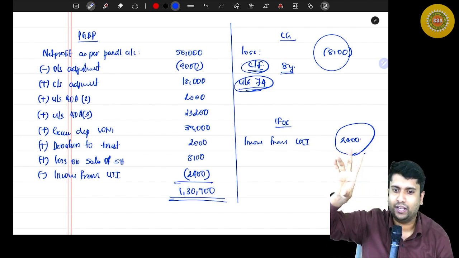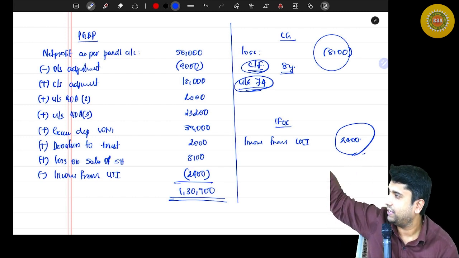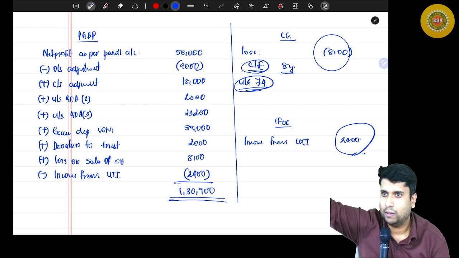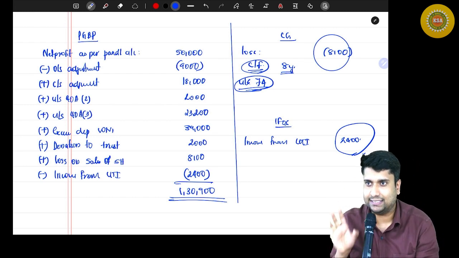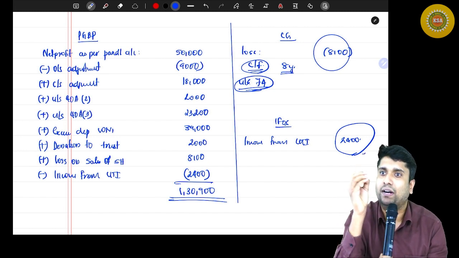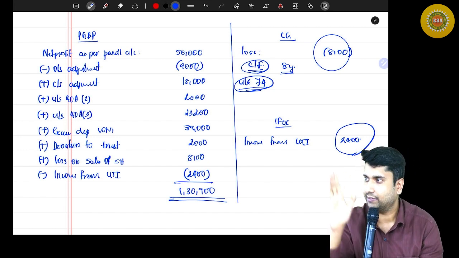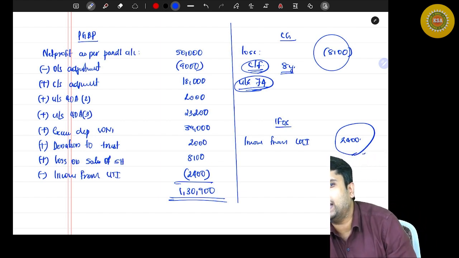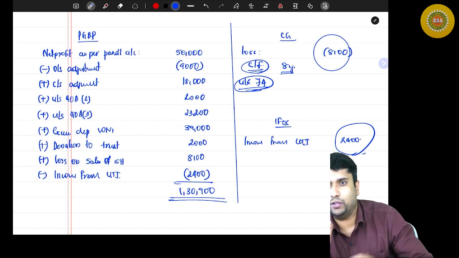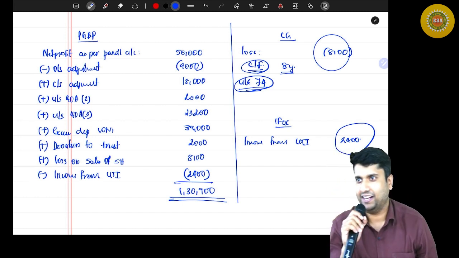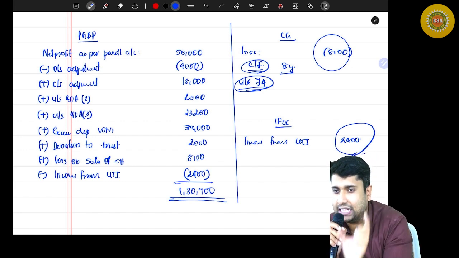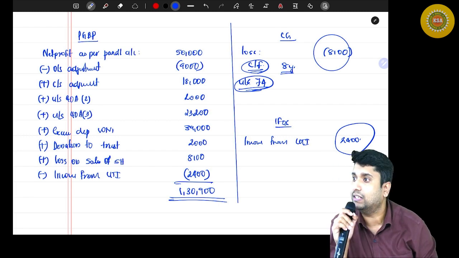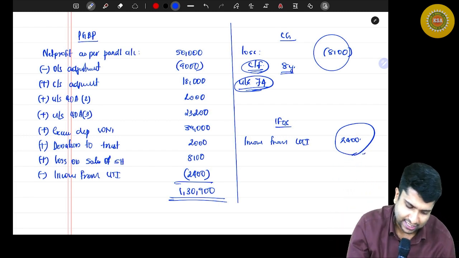See, normally you have to compute your income like this. That means from the income, you have to deduct all the expenses. If disallowance is there, you have to adjust that also. But there is one more provision that says an assessee can declare a percentage of his turnover as profit. Are you all listening? Or are you guys thinking about the break? So listen, an assessee can declare a percentage of his total turnover as his deemed profit. That provision is said to be the presumptive provision. So under section 44AD,